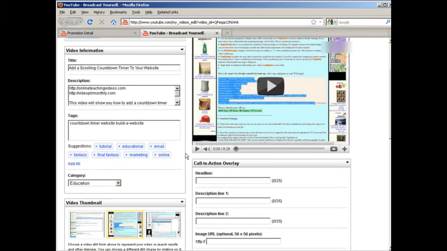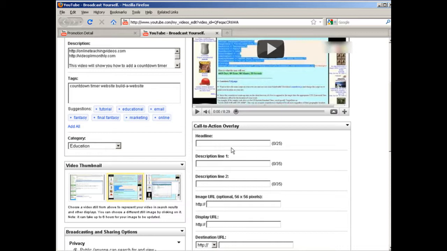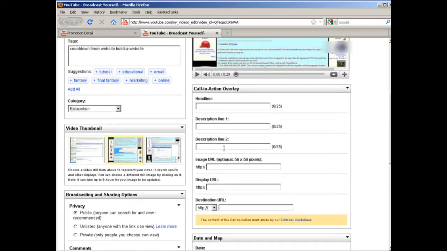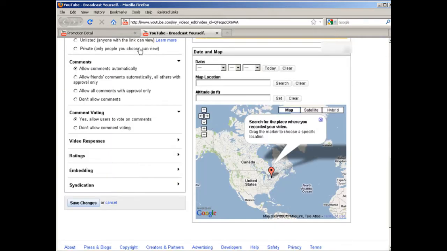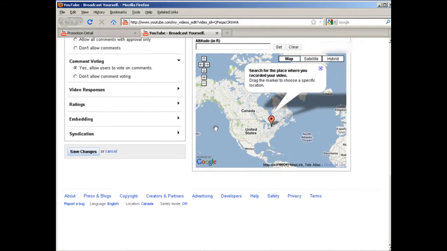Okay, so what you do down here now is you add in the headline, descriptions, and the URL that you want to display, and the destination URL, and if you have image URL, you could put it in there. It has to be 56 by 56. Okay, and then down here, set to today's date, and if you want, you can put your map location on here. Click Save Changes,